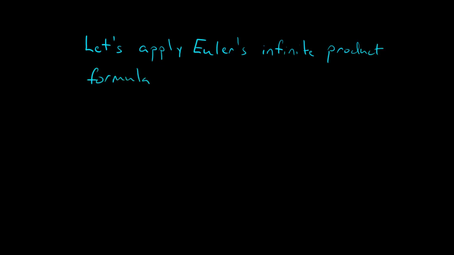So now let's apply Euler's infinite product formula for a non-integer input. We're going to let n in the formula equal 1/2. And Euler himself did this, so we're following in his footsteps. So let n equal 1/2. Then,